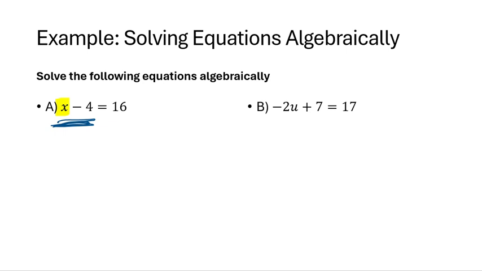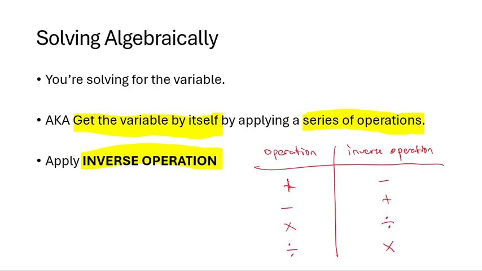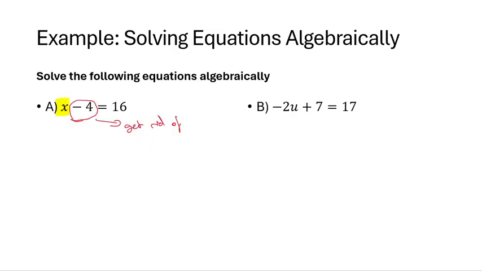Do I have anything that's in excess? Like, is there anything that I don't want to stay on the left-hand side? In this case, we have the minus 4. This minus 4 we want to get rid of. Now, to do that, we are going to apply the inverse operation of minus 4. So let's just go backwards here. What's the inverse operation of a minus? It is a plus sign. What you are supposed to do now is to apply this plus 4. I'll just say plus 4 to both sides